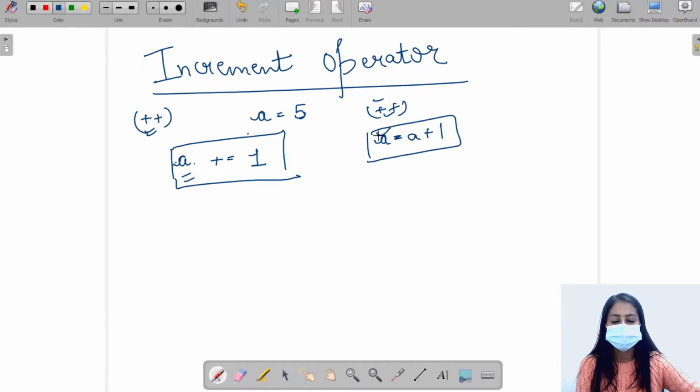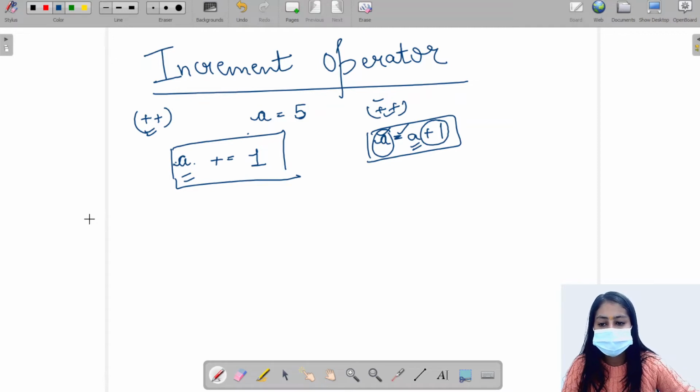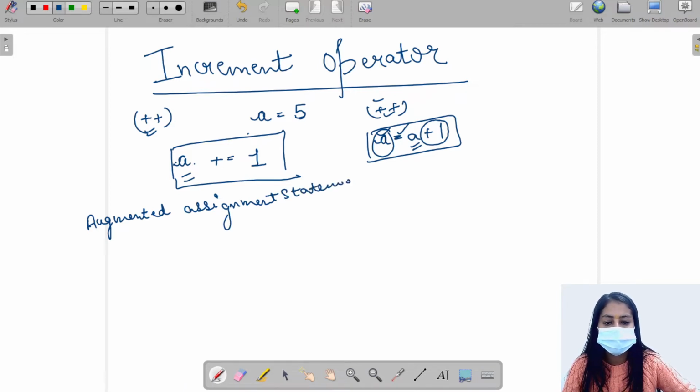We can also do it like this, where we are incrementing the value of a by 1. This is the simple assignment operator. This statement is known as an augmented assignment statement. What is the simple assignment operator doing?